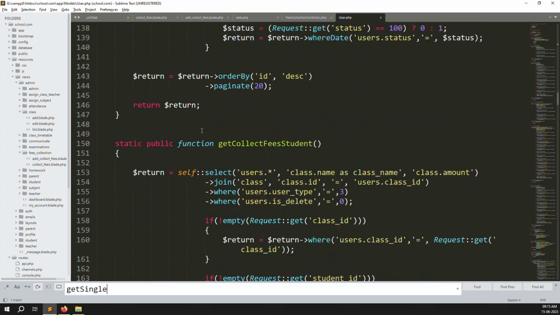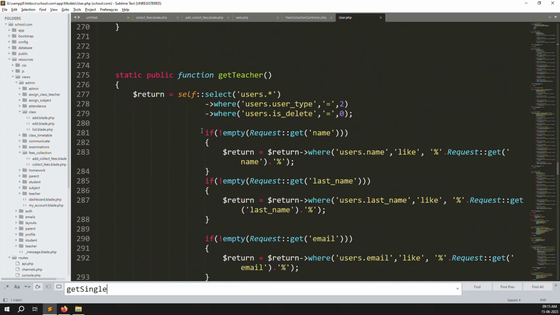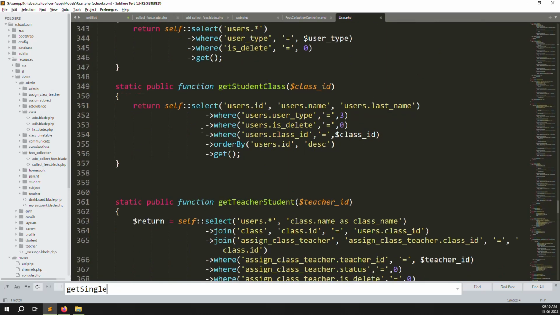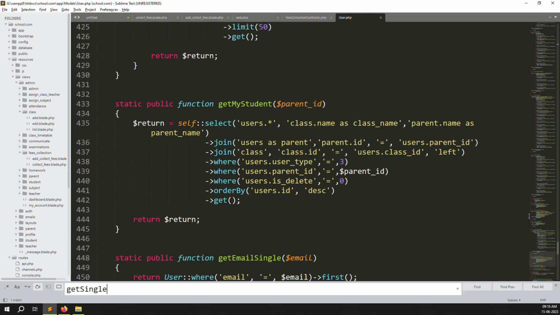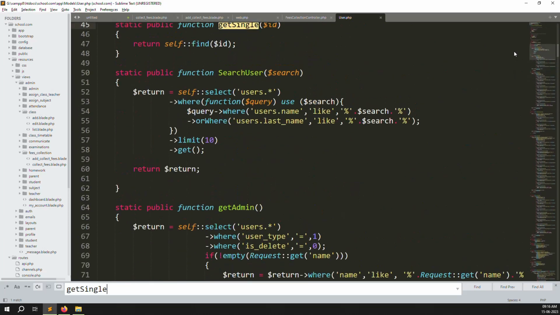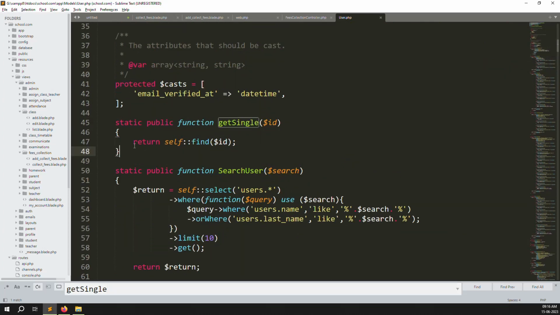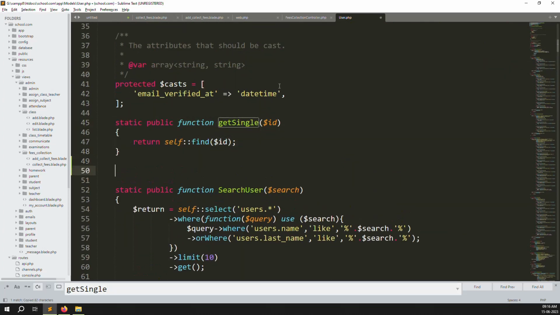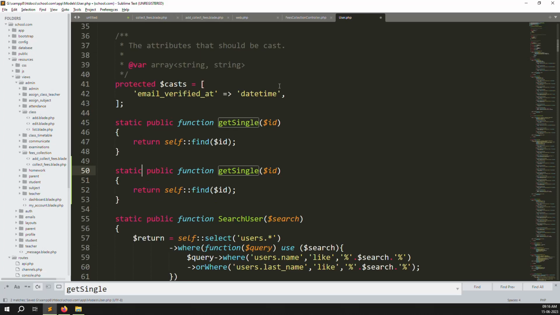So here we can go down to any place. I did something like belongs to, so I can show you. Suppose any place there, so let's make another function here so we can also get our amount. We can make it static, and we can call it get single with class. Okay, and here I can write select